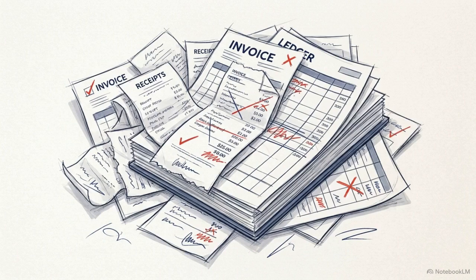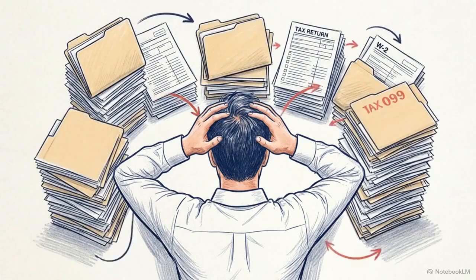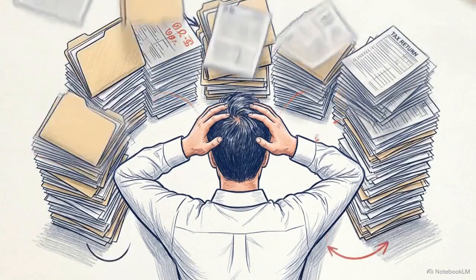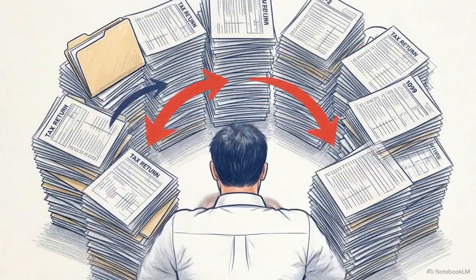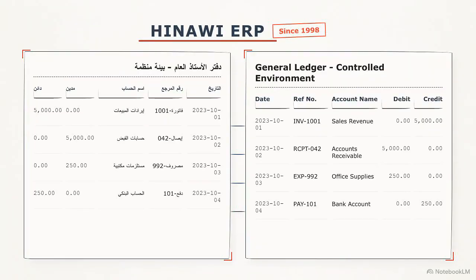A single untraceable payment or misclassified receipt leads to compounding errors in the ledger. These mistakes skew tax liabilities, delay mandatory audits, and obscure cash flow shortages until they are too late to address. Since 1998, Hinawi ERP has provided a structured environment to manage these operational risks, delivering fully integrated control in both